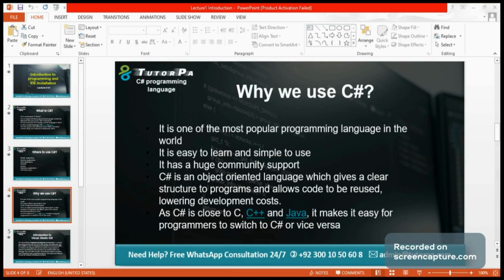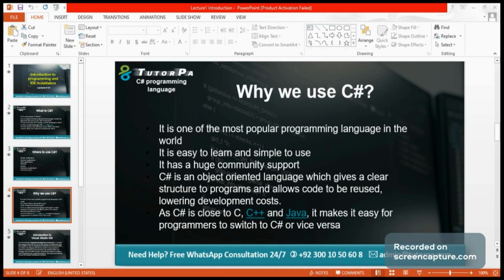So the next question is, while there are lots of other programming languages in use, why do we use only C Sharp? Like, why are we using C Sharp right now? Because it is one of the most popular programming languages in the world. It is very easy to learn, supported by developers and other communities, and it is an object-oriented language. That means it is properly structured using classes and objects, and we can manage and reuse a part of code again and again by using it.